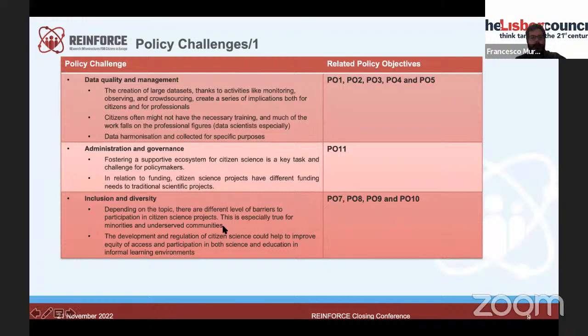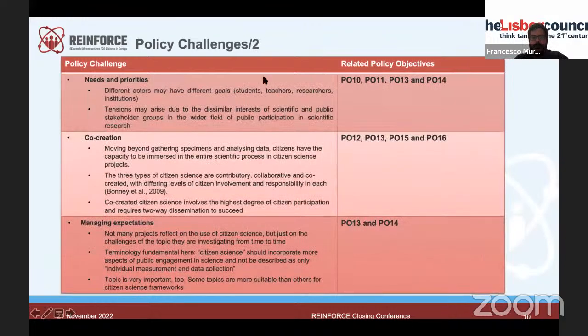Inclusion and diversity, of course, this is also one of the core objectives of the project, was to boost as much as possible inclusion. In fact, there has been a lot of work related to obviously helping underserved communities to get access to citizen science projects and experiments.